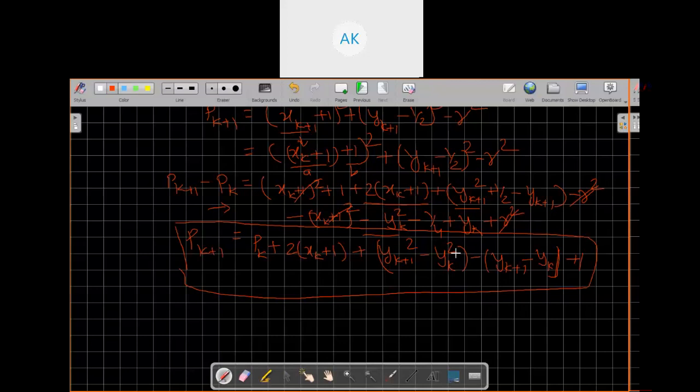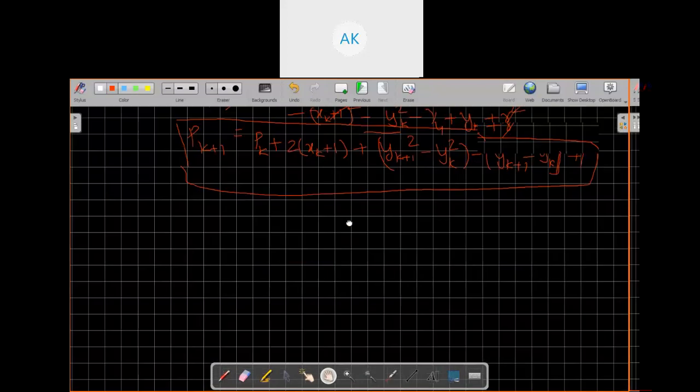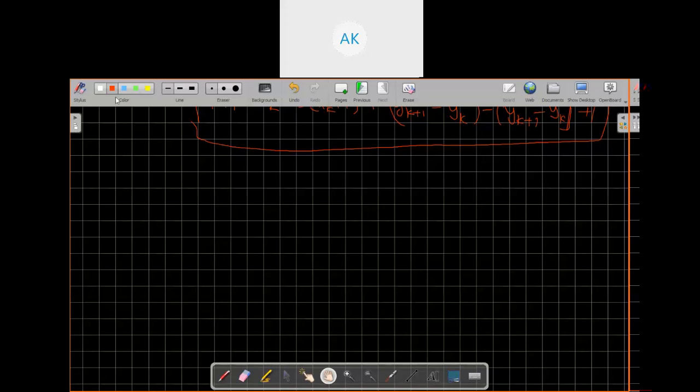So we have calculated our next decision parameter. This is the value of your next decision parameter. Now again we calculate our initial decision parameter. Your value of pk, as we calculated, as you can see,